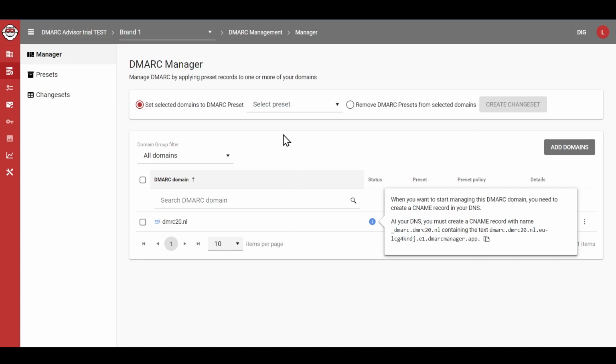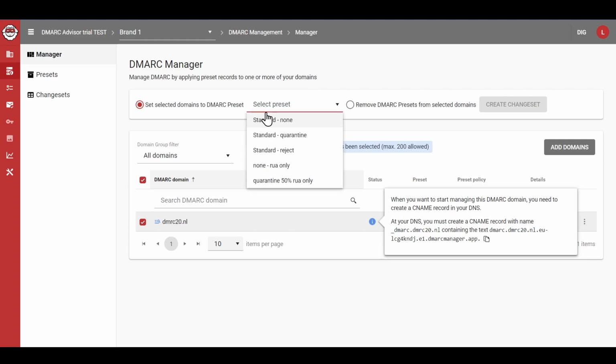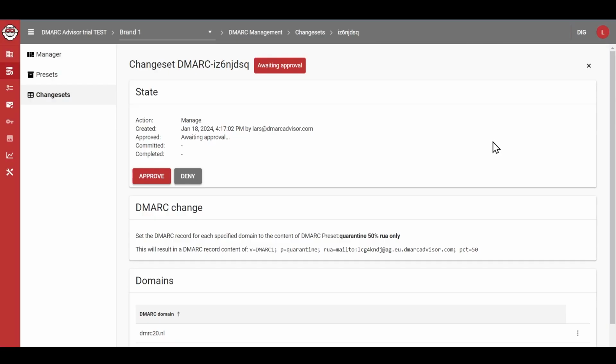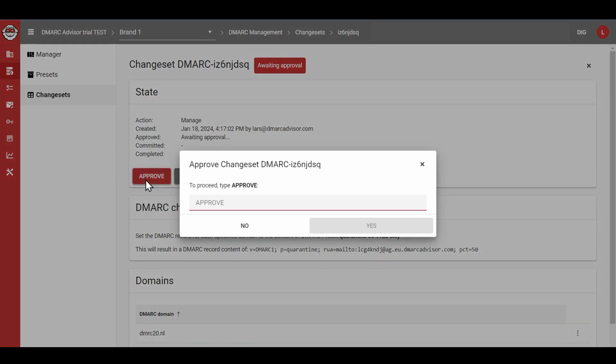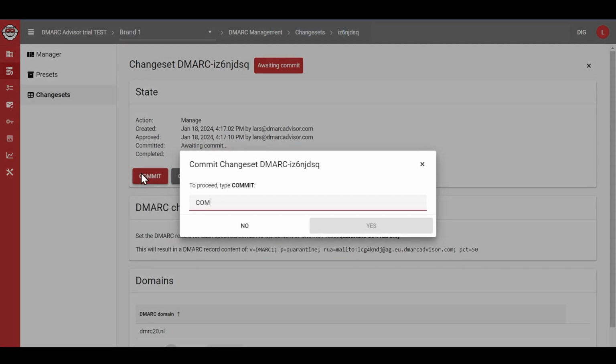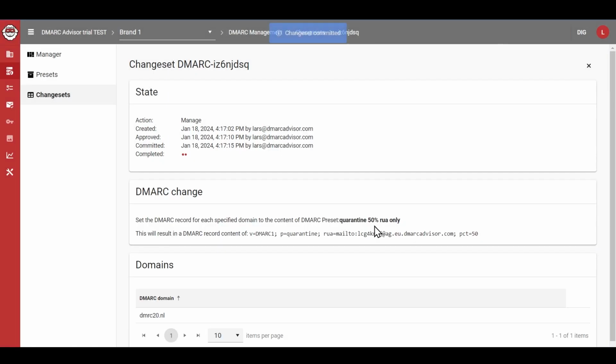Now we need to connect the domain to a preset. Select the domain and the preset you want to connect it with. Click Create Change Set and the change set workflow will open. You gotta approve, commit, and the change will be completed.